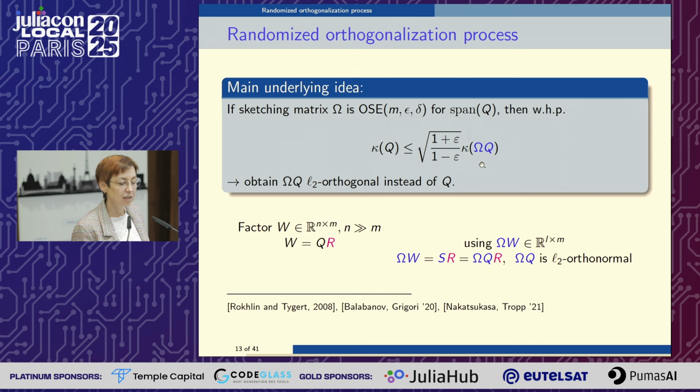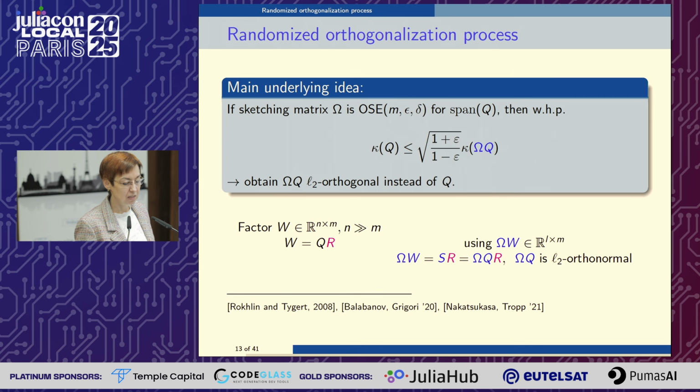So we obtain here something which is going to be very small. And this is a technique which was used even back in 2008 by Rokhlin and Tygert. They were using this idea to solve preconditioned least squares problems, and the preconditioner was obtained from the sketch of the W matrix. So that's the main idea behind those algorithms,